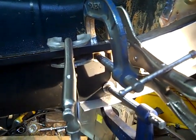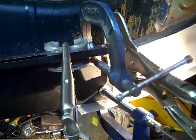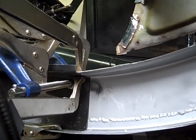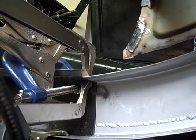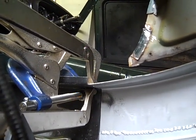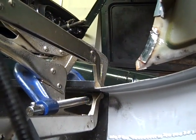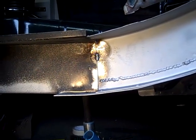But before we put the floor in, we've got to nibble all the way around the outside of the floor, because it comes with a 20mm lip all the way around, which actually causes it not to be able to lay flat. So we've got this inner step sill lined up with the end of the chassis, whereupon it was cut and remade earlier, or repaired earlier, and now we're just going to put quite a large weld down to make sure that it stays on this end, but just a tack weld, and then we're going to go to the other end and fit the castle section and all that, just to make sure everything's going to fit when we finally do it. So I put a couple of welds down, and now we're going to fit the castle